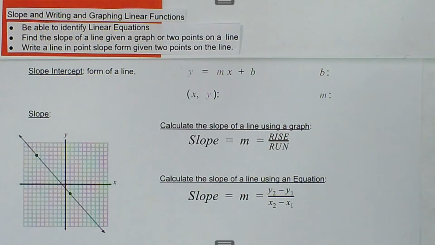We are talking about slope and writing and graphing linear functions, and we want to be able to find the slope of a line given a graph or two points on a line. So slope-intercept form of a line, we have y equals mx plus b,